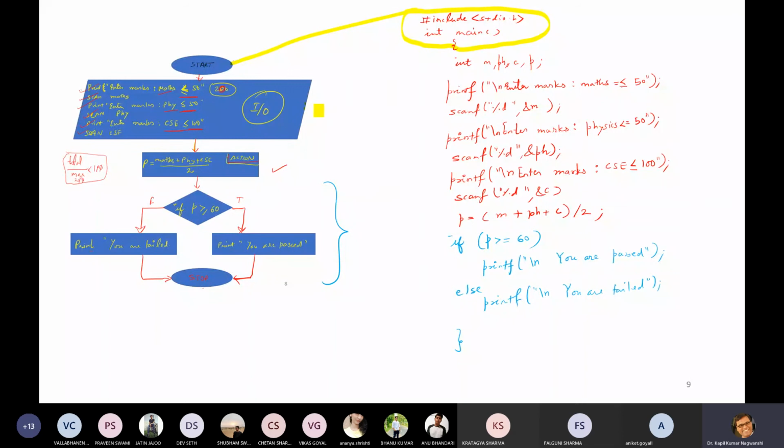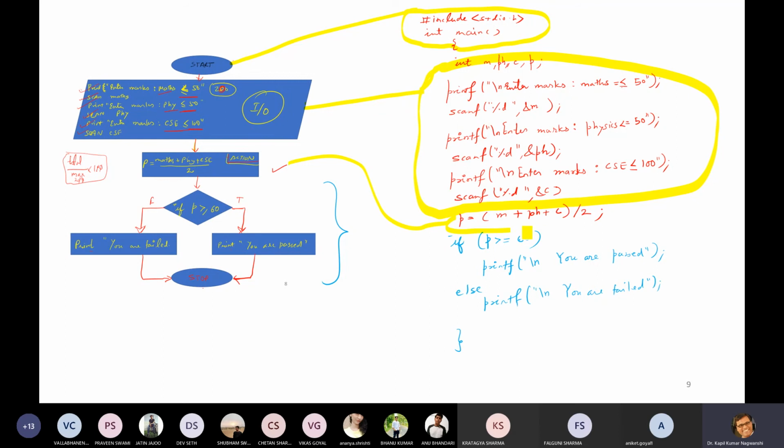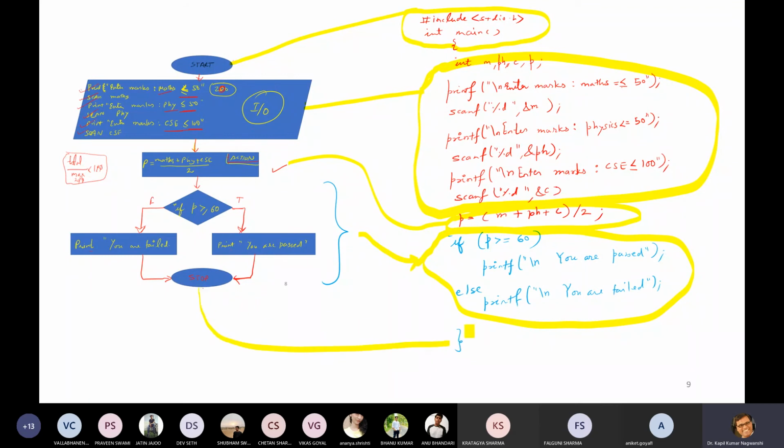Now declaration and taking input: this is the place where declaration will be done. Now come to action. Action will be performed using this statement. Now decision. We have included all the programming elements except loop. So how beautifully written this program is. These are the blocks, and finally this stop will be coming. So this is the stop statement. Okay. So any doubt till now?